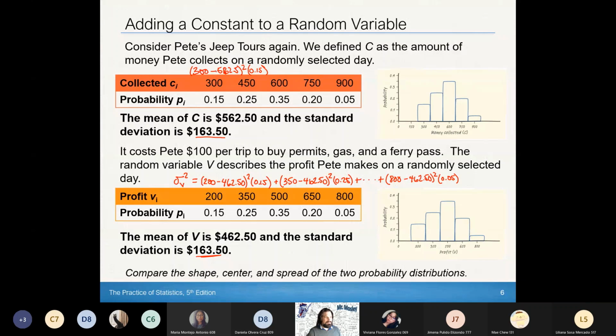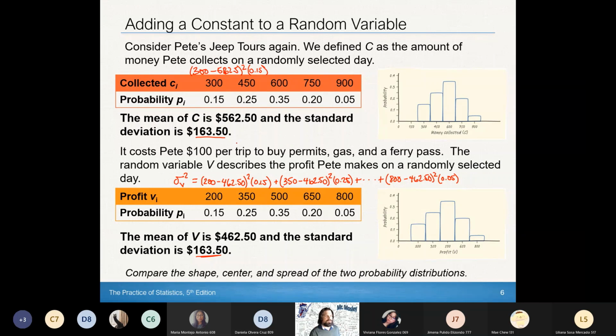So we get the exact same set of calculations on this lower probability distribution for the variance as we do on the upper one, because our distances away from the mean of each outcome are the same between the two probability distributions. And that's why the measures of spread don't change,